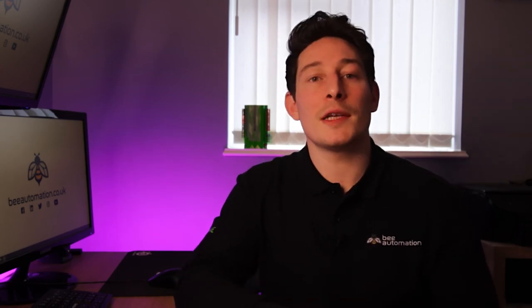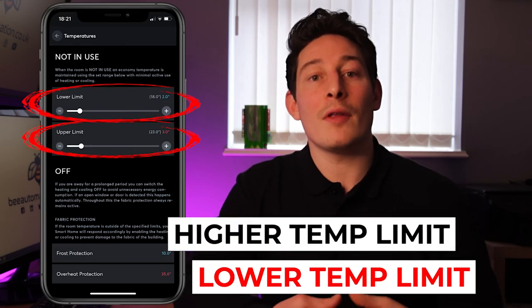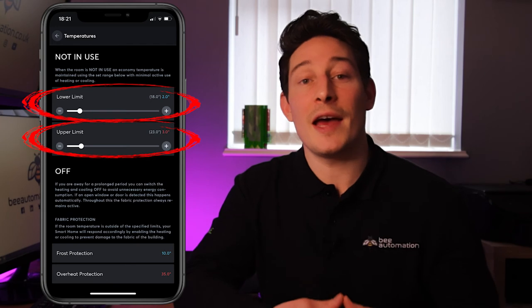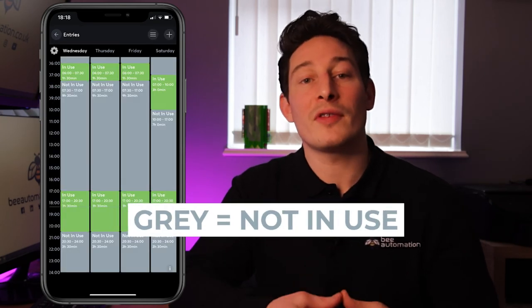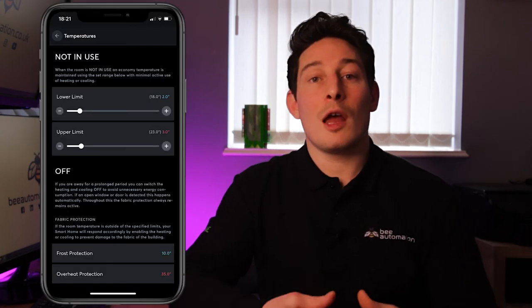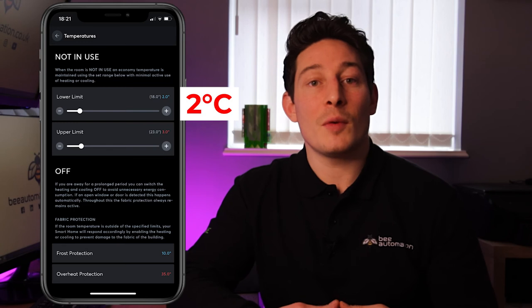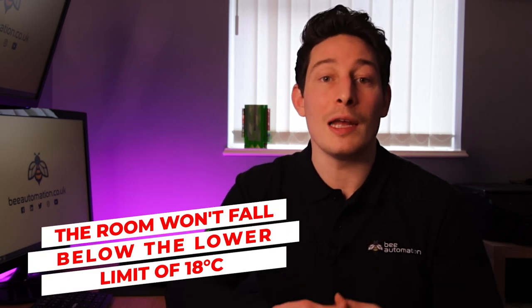Next is the not in use section. As you can see, this is where the lower limit and the higher limit temperatures can be set when the room schedule is not active. Or in other words, when the schedule is grey or not in use. As you can see in this room, the lower limit is set to 2 degrees, which means when the schedule is not in use or not active, the system will automatically prevent the temperature dropping below this lower limit of